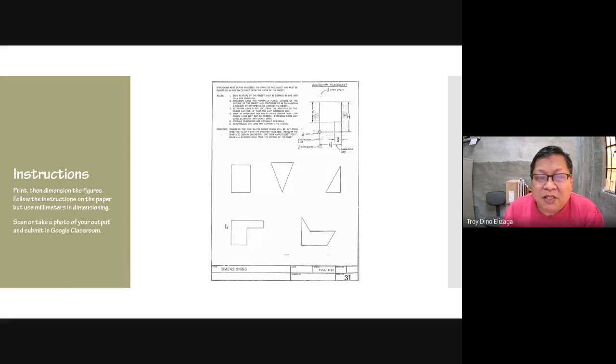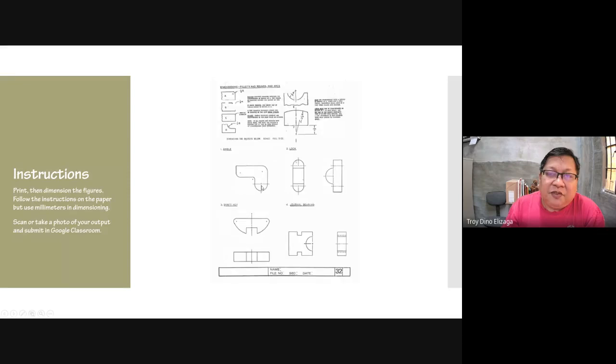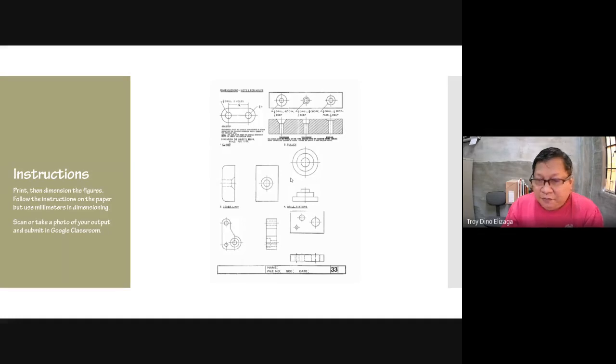So what matters is how you dimension it: how you use the extension lines, the leaders, the arrowheads, and the dimension text. There will be 3 of these, and there are instructions here to help you review, and some are for the arcs and circles. And then the third one is this.